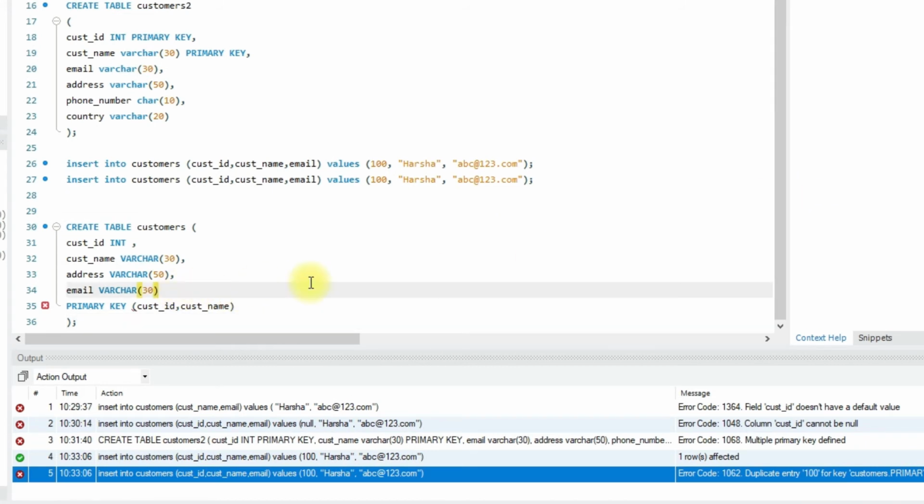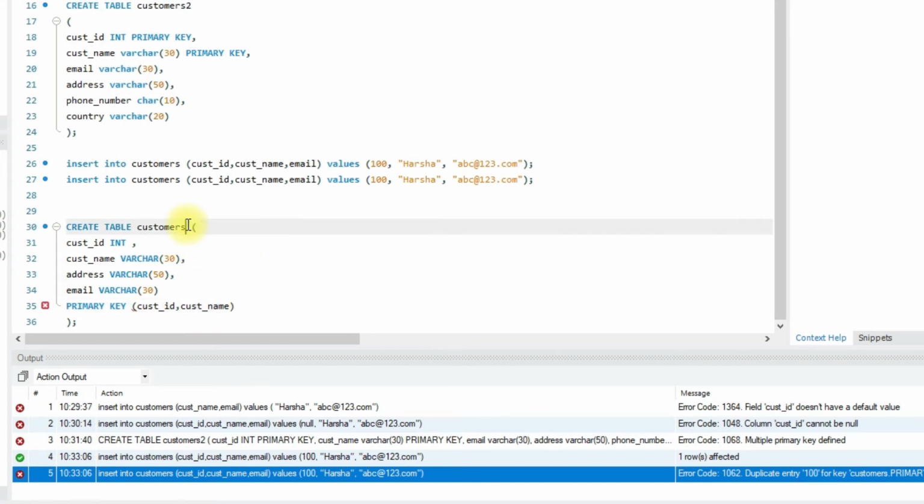We are defining the primary key here on customer ID and customer name. In this example, customer ID or customer name can have duplicate values, but the combination of customer ID and customer name should be unique.